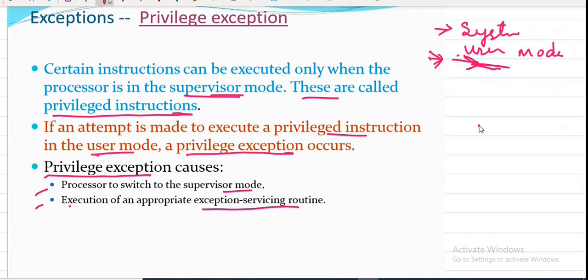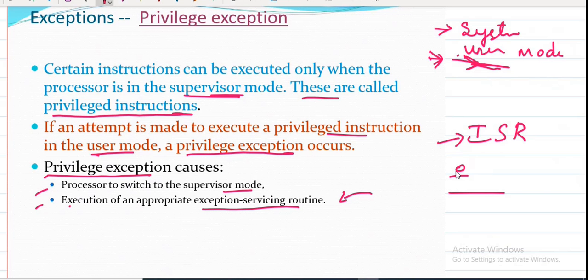We have discussed what an ISR is, many times I've used it. ISR is the interrupt service routine. On a request for an interrupt, the processor executes the interrupt service routine. Similarly for an exception, whenever there is an exception, for example something divided by 0, it should give a proper error message.